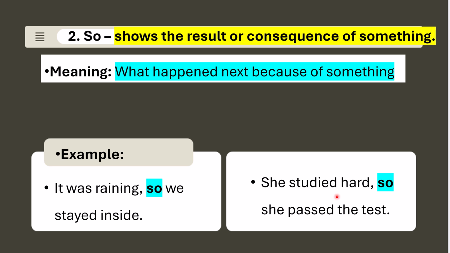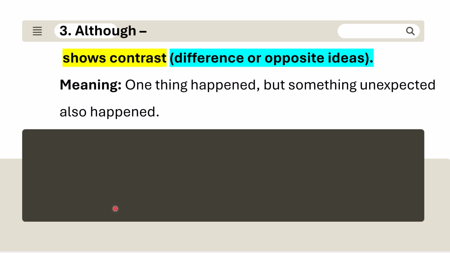She studied hard, so she passed the test. So when a person studies hard, for example, you study hard, you will pass the test. It will show your results. Okay. Next,